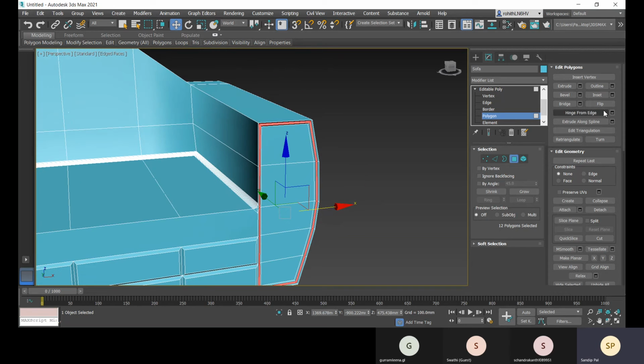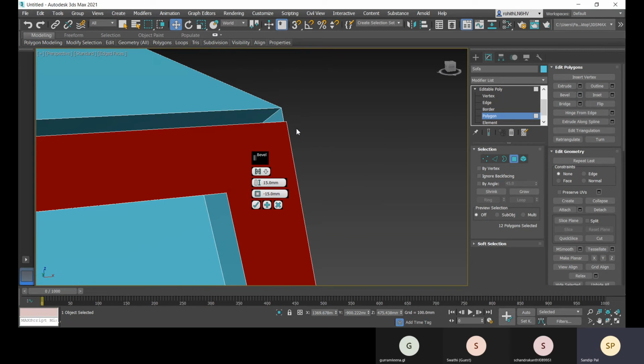All right, and then I can go for this bevel option.